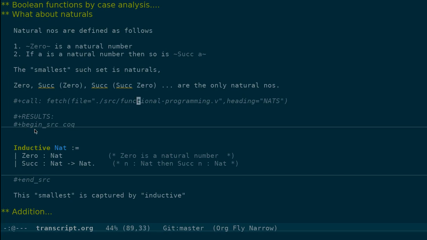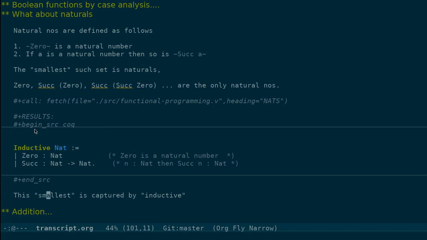Precisely that way we can define the inductive type of natural numbers. So Inductive nat equal to, and then we say the first case is 0 is a nat. Okay, 0 is of type nat, and the second says that suc is a function from nat to nat. So if n is a nat, suc of n is a nat. Okay, so these are the only two possibilities of creating nat. There are two cases only. Of course, there are infinitely many natural numbers, but they fall in any one of these two cases.